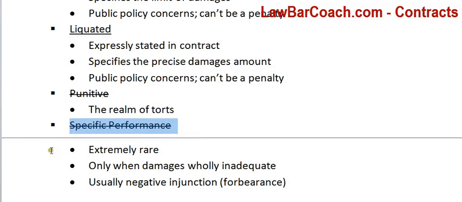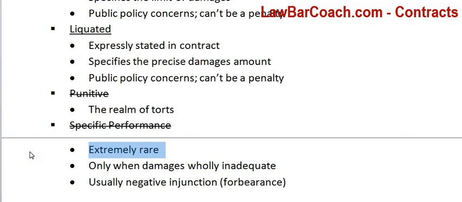Specific performance is extremely rare. Courts, when it comes to contracts, do not want to force people to do things, for the most part. So if I ask you to give me guitar lessons and you don't do it, a court can't say, no, you're going to go there tomorrow, give him guitar lessons. That would mean the court is forcing you to do something against your will, to say things against your will. I mean, the free speech concerns, freedom of movement, there are personal privacy.